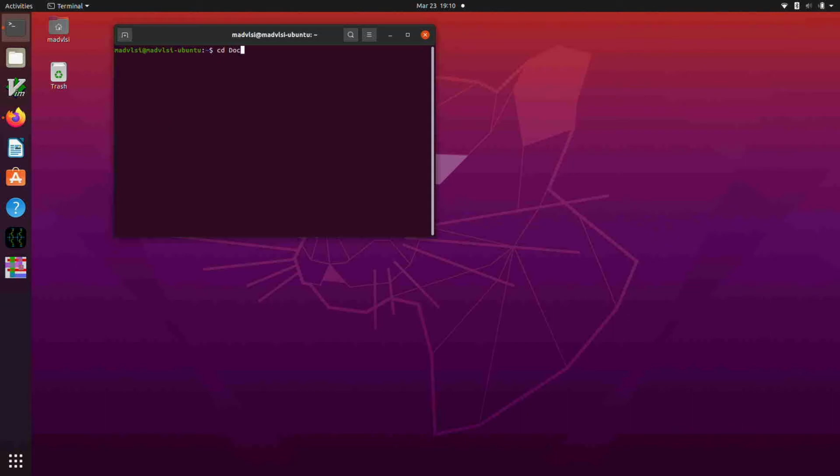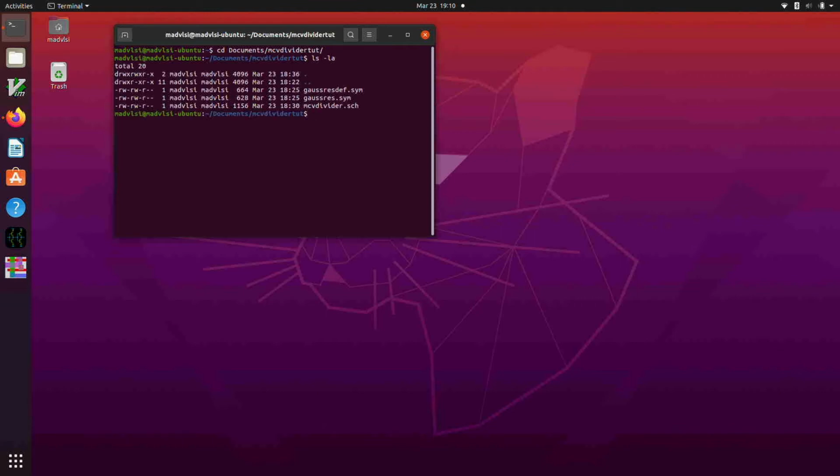So I have here under Documents an MC V divider tutorial. I have a couple of symbols and a schematic. So let me open up the symbols first so you can see what I've got going here. So Xschem Gauss